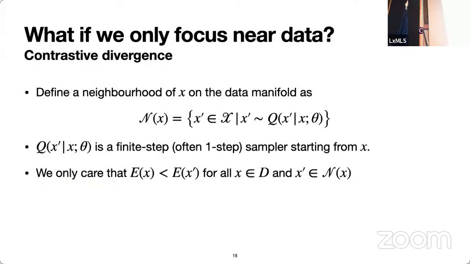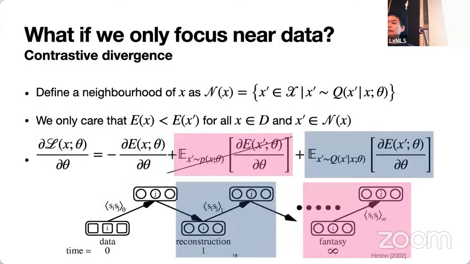So it turned out that already from 2002 or even earlier, we've known what we should do. What we should do is to simply ignore all the points in the space that are far away from the data. And that's the foundation behind contrastive divergence. Instead of looking at all possible space, we always start from one of the training examples, which are by definition on the data manifold. And we want to just look at a small neighborhood. Within the neighborhood, we're trying to ensure that the energy values are low on the training data points, but high on all the other parts of the neighborhood.